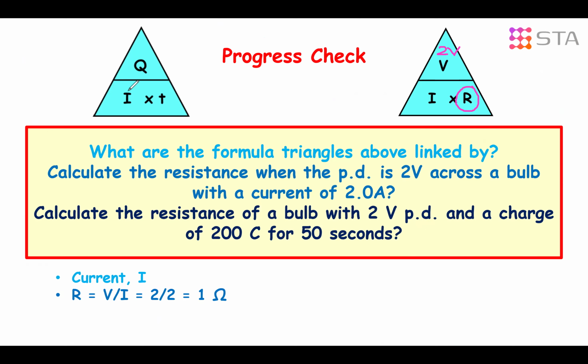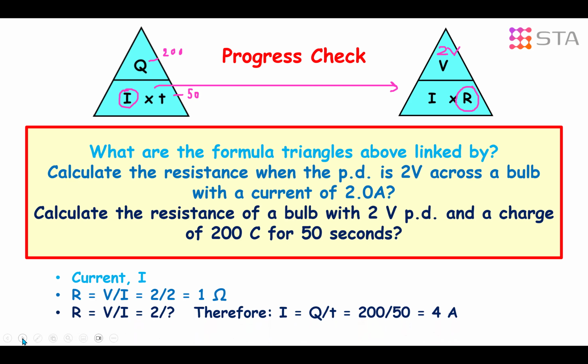So first of all, you have to work out the current using I equals Q divided by T. That's 200 coulombs divided by 50 seconds. Once you've worked out I, of course, you can then put it into here and use it to work out the resistance. And your answer will be as follows. So I equals Q divided by T, 200 divided by 50 gives you 4 amps. You then do R equals V divided by I, 2 divided by 4 equals